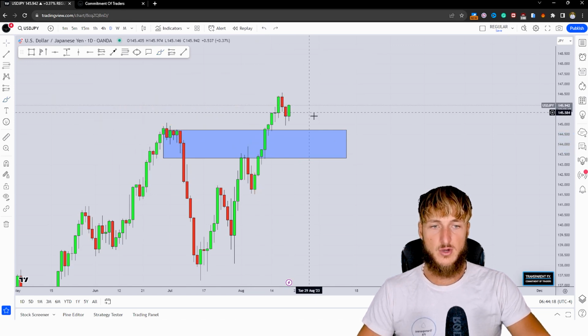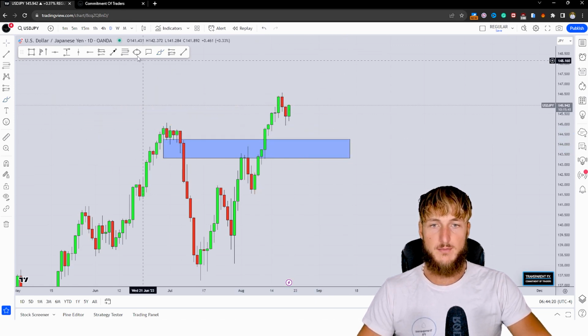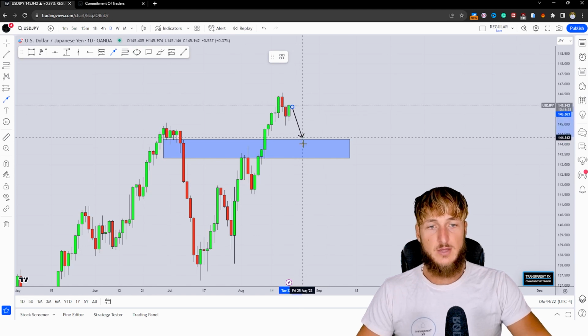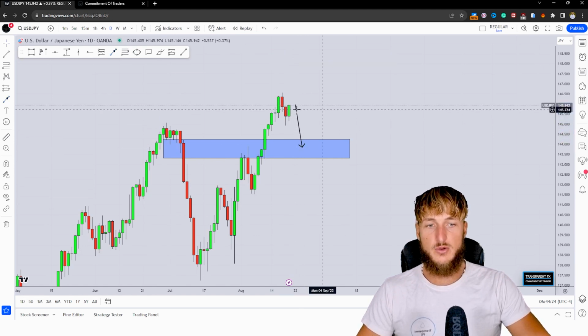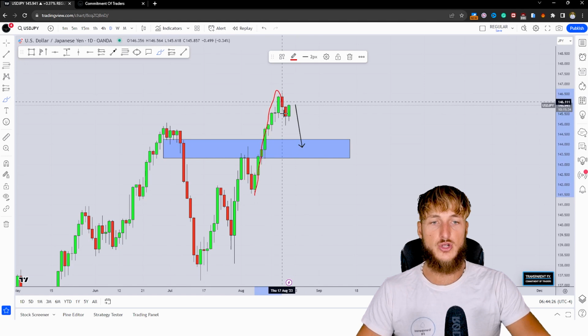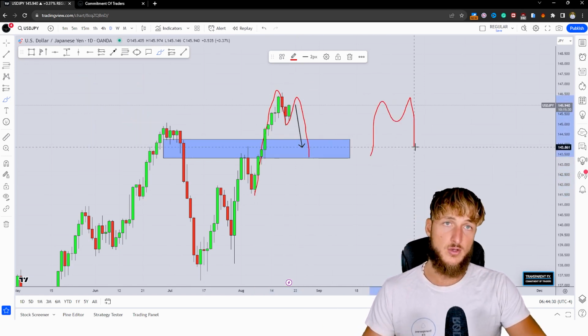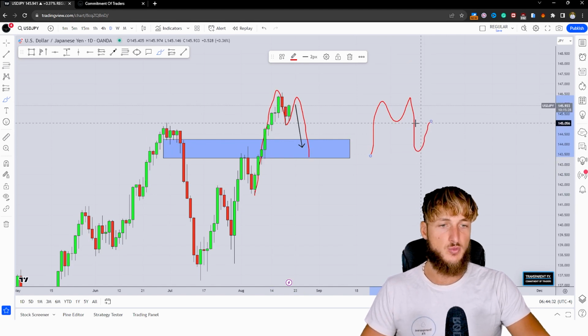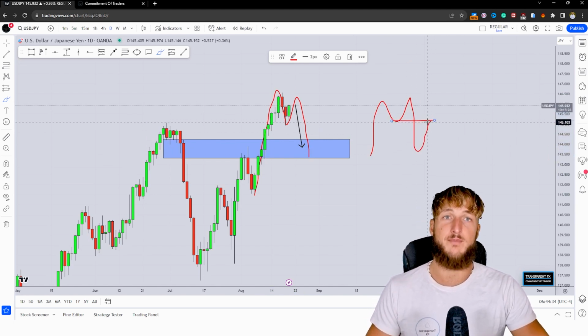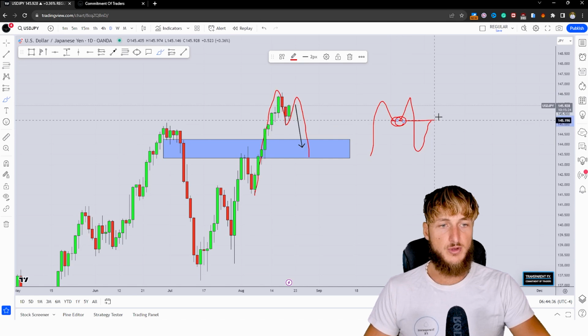So if the market here will create a correction back into this level, that would be very interesting because in creating the correction, the market would also print an M pattern. And in general, after the creation of an M pattern, what we could expect is a potential move higher for the completion of the M pattern at the neckline, which is the previous support